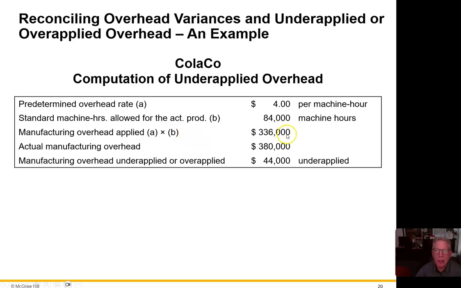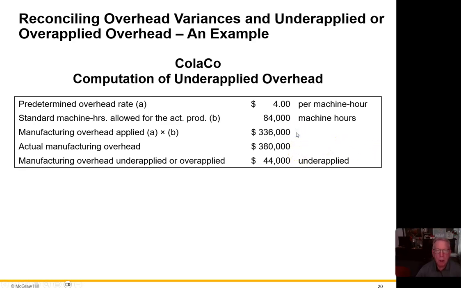And that resulted in $336,000 of manufacturing overhead that we applied, $4 times 84,000. But the actual manufacturing overhead was $380,000. That resulted in the difference here of $44,000, which was under applied,